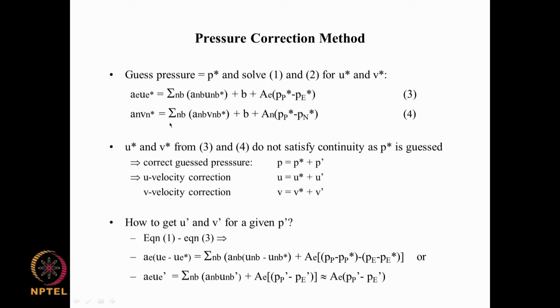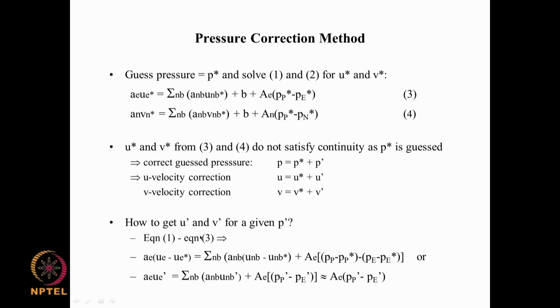If you change the pressure field, both u and v change. So when we make a pressure correction, there is also a velocity correction u prime and a velocity correction v prime, which is different at every grid point, and it is given by the new pressure field substituted here. So, a pressure correction p prime involves a velocity correction u prime and v prime.